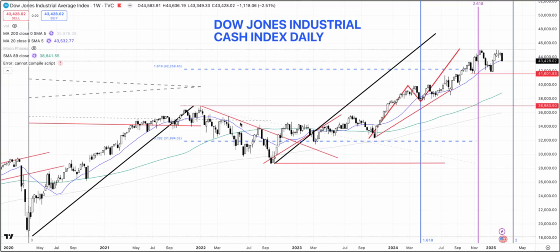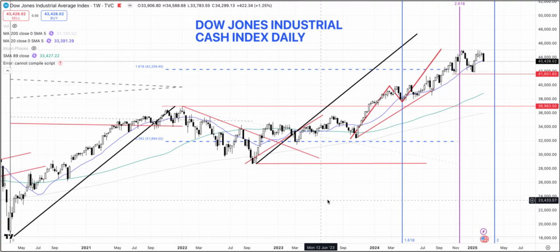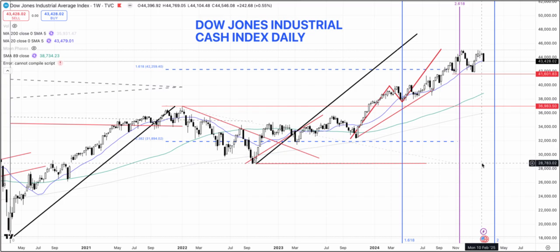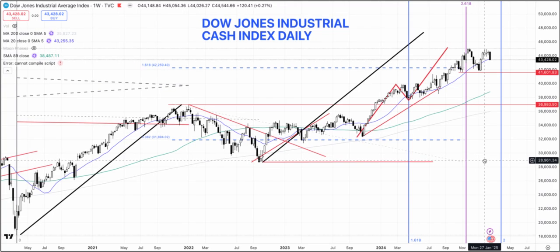We are taking a look at our Dow Jones Industrial Cash timing model. We have a key date or timing coming in towards the end of March 2025. Because it's the weekly chart, we should give it 2 weeks on either side, so pretty much from the middle of March the timing is likely to begin. But even from the start of the month of March, which is not too far away from a trading days perspective, I think we need to be a little bit cautious moving into the month of March from an equity indices perspective.